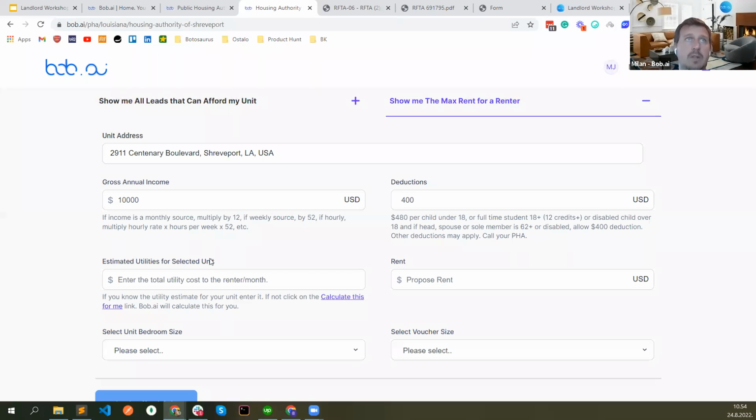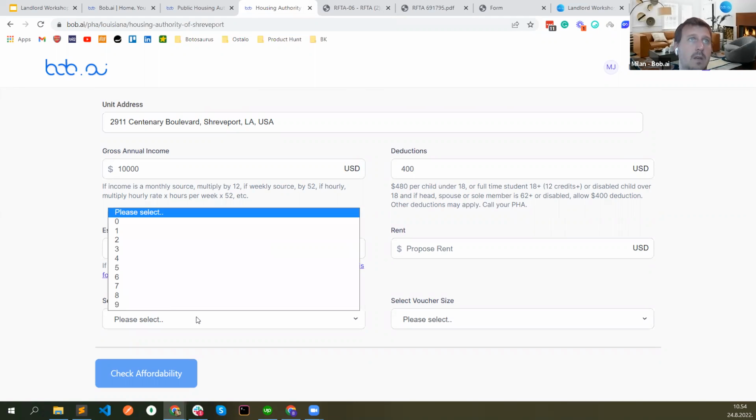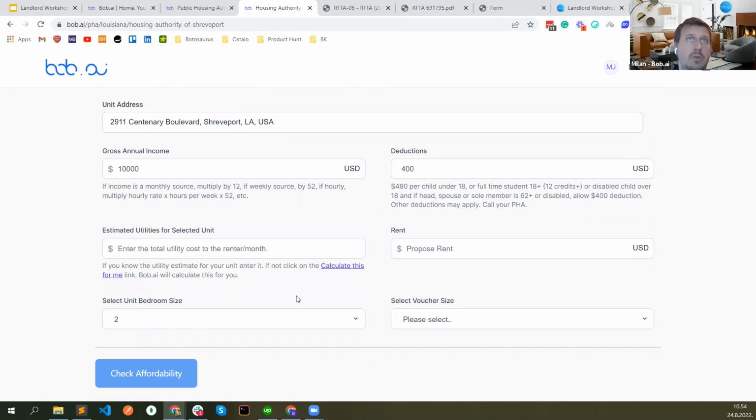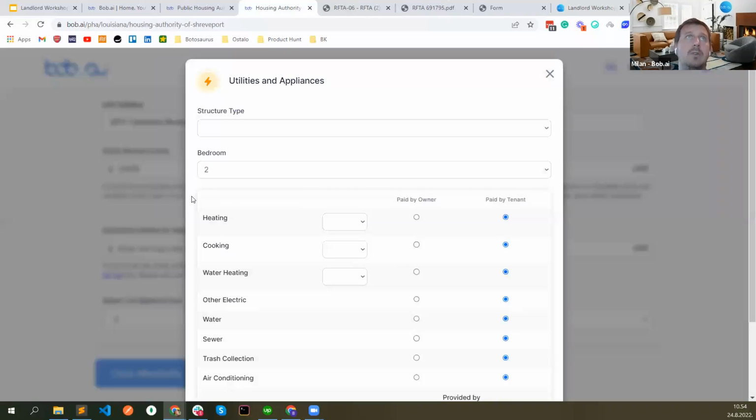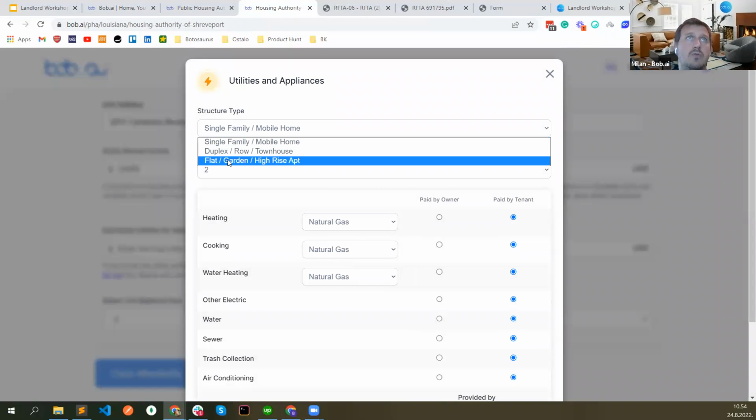Estimated utilities for the selected unit. If you know what will be the cost per renter per month, you can put it in here. If you don't, you can click on calculate this. Let's say this is a 2-bedroom unit, I can click here to calculate. So for Shreveport, these are the options that they have for their